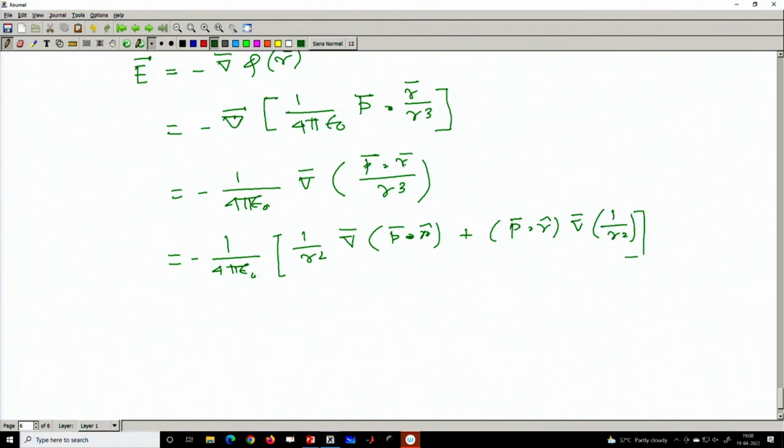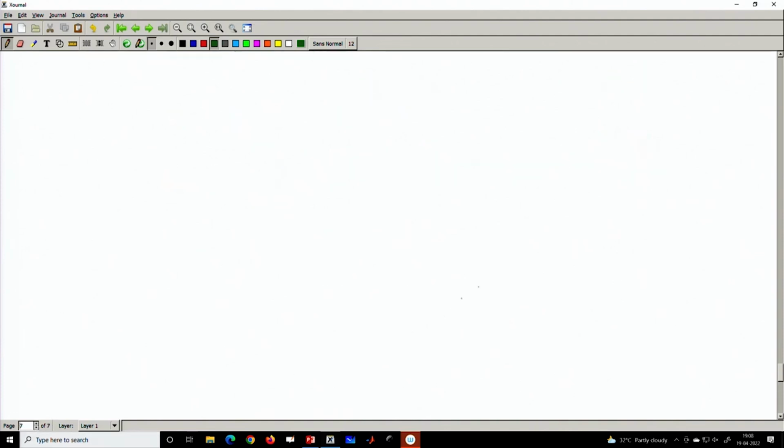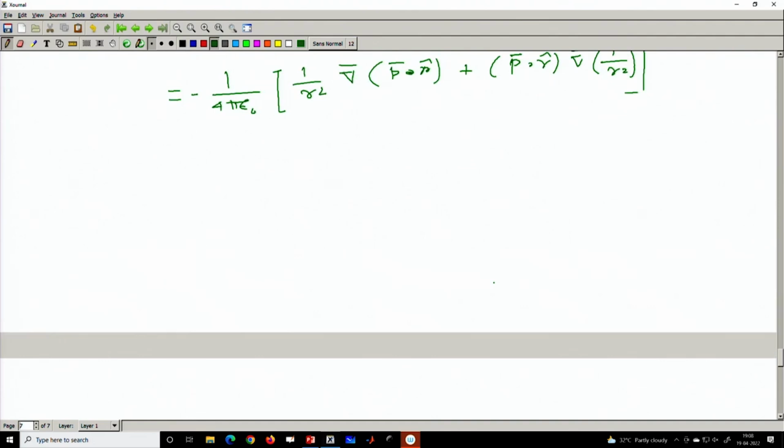You can write this as R divided by R square. R cube is equivalent to unit vector R divided by R square. So, I use this one to get this. Now, this operator, if I write in polar coordinate, because the dipole is placed in a plane, so I can write it also in polar coordinate. So, in polar coordinate, the operator R theta phi,